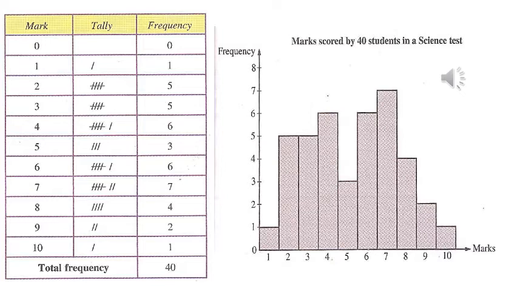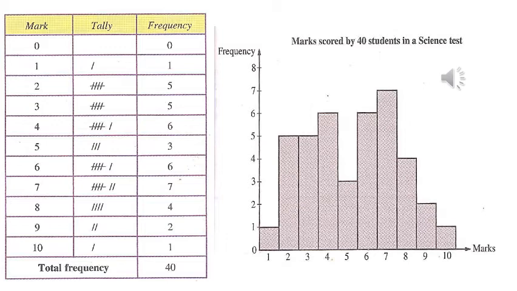Now we are going to construct the histogram of this table. In a histogram, the frequency axis should be the y-axis and the data on the x-axis. In a histogram, we have to make the bars of all the data, and frequency is the height of each bar. The difference between a bar graph and a histogram: in a bar graph there is space between the bars, and in a histogram there is no space between the bars.